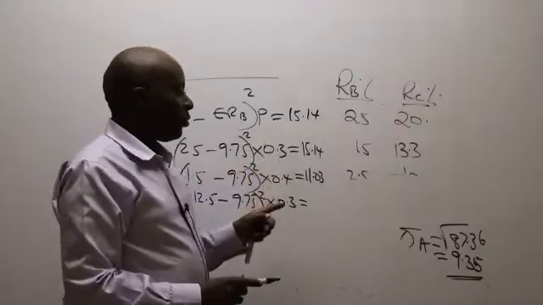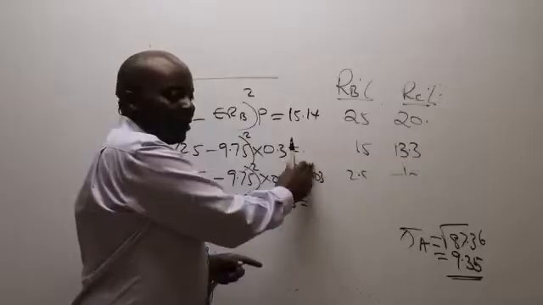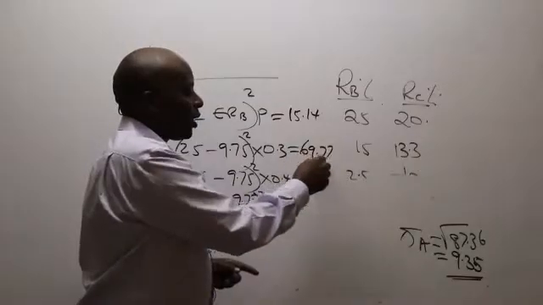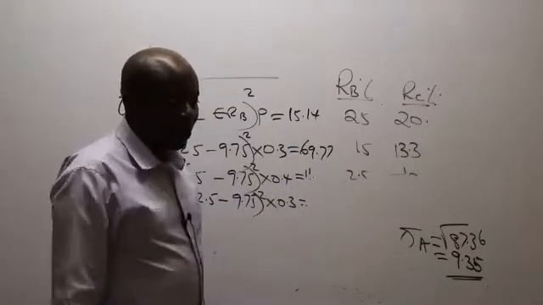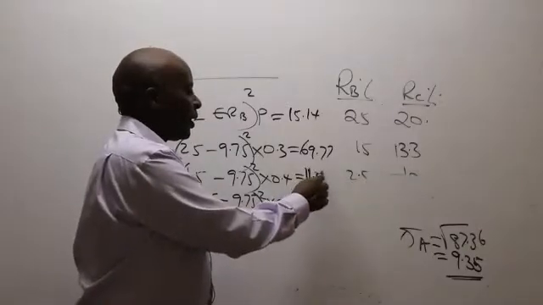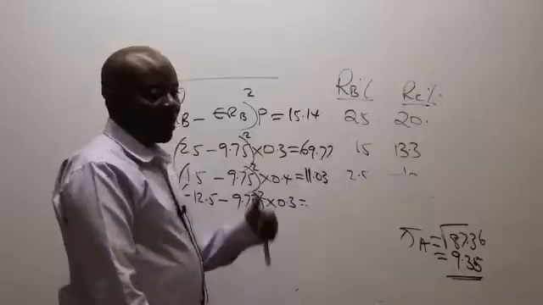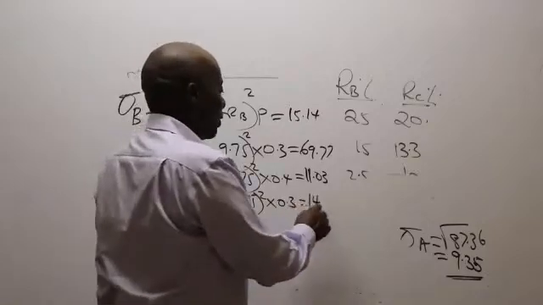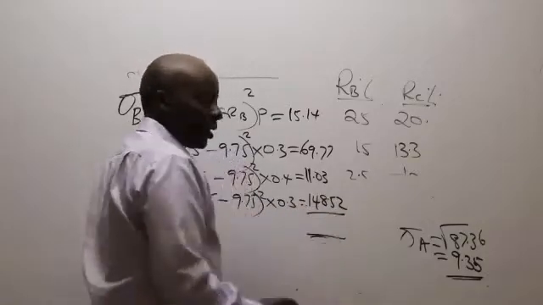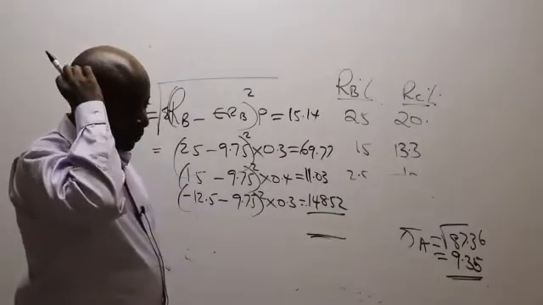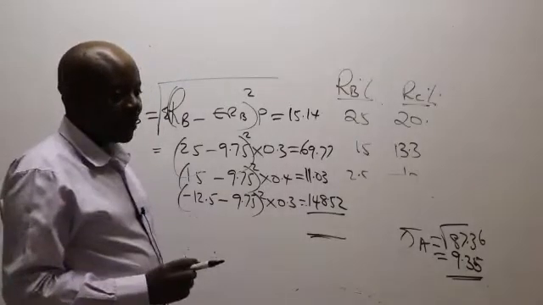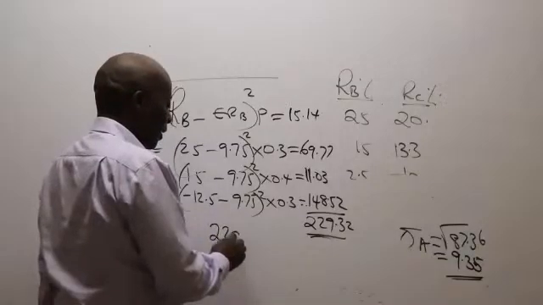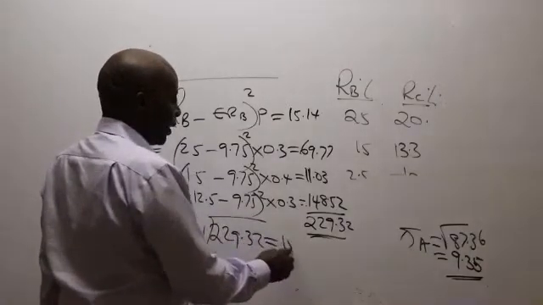So then how about this for the students who are doing this? For the students who are trying to get these figures, is there somebody who can give me this very fast? 69.77. Thank you very much. How about the second one? 11.03 approximately. The last one, 148.52. So total 229.32. It's upon taking the square root of this 229.32 that we were able to get that 15.14.